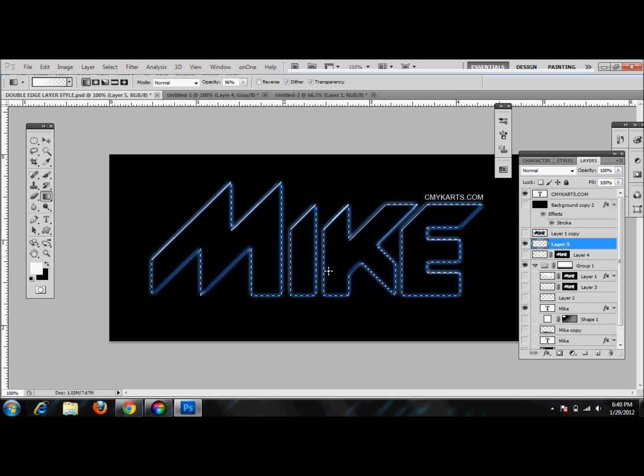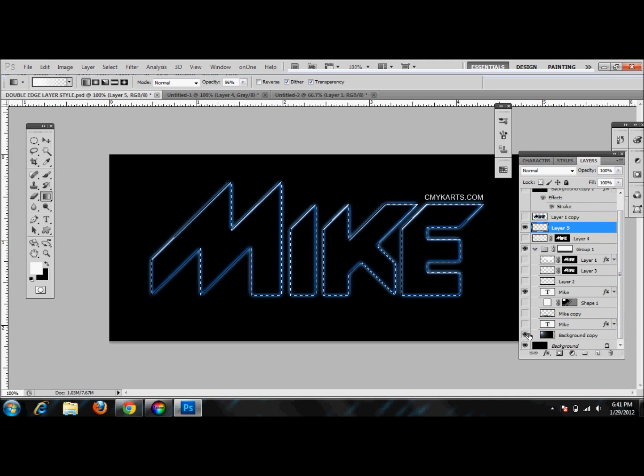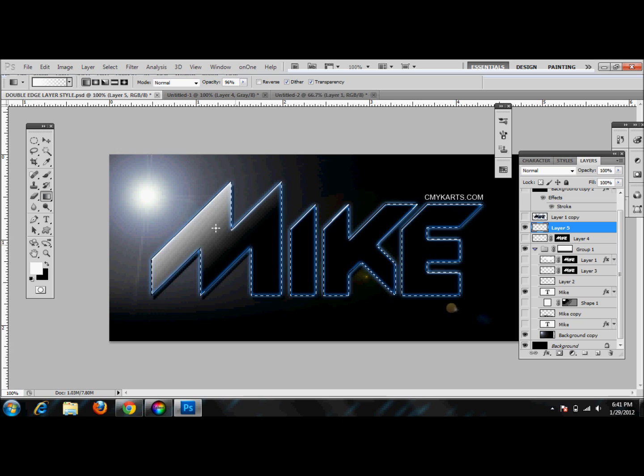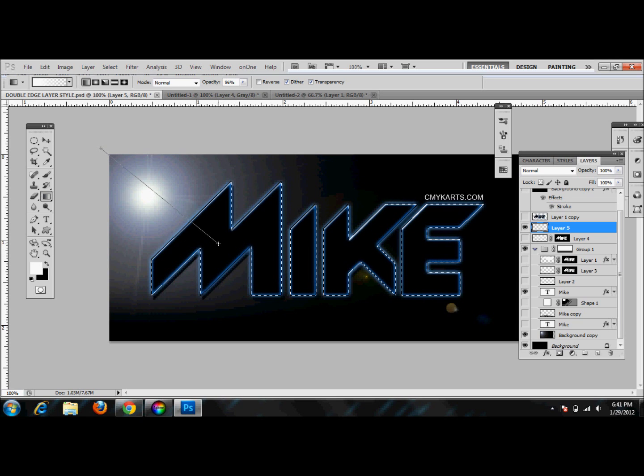And depending on where your lighting is, so let's say we bring back in that background, and the light is coming from there, you can actually go ahead and situate where you want your light to come from like that, maybe a little further away like that. So as you can see, if I